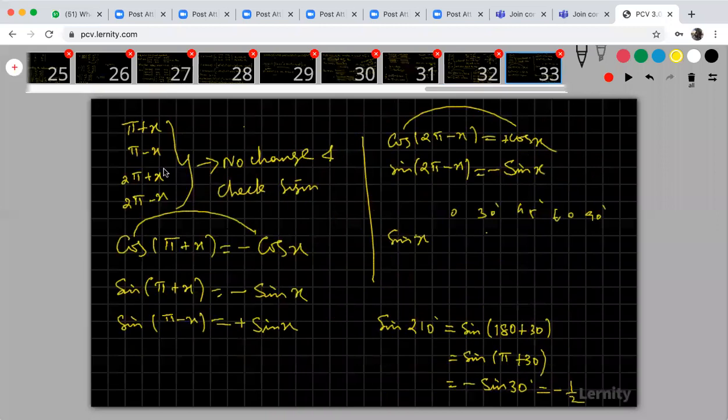Suppose tan of pi plus x is given, sir. That is tan x only. You have to check the plus or minus. If that angle belongs to the third quadrant, tan is plus. If it belongs to a quadrant other than the third, tan is negative. Similarly, we can find all the values. These are called quadrant rules. Everything we are depending upon the four quadrants, so these formulas, these identities, are called quadrant rules. I hope you are understanding the 9th and 10th identity.